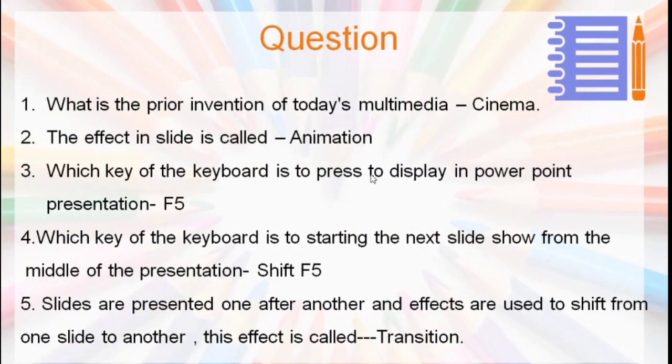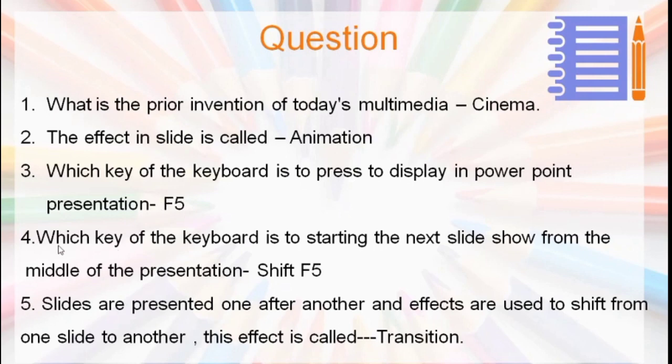Let's see these questions. What is the prior invention of today's multimedia? The answer is cinema. Second, the effect in a slide is called what? The answer is animation. Third, which key of the keyboard is pressed to display a PowerPoint presentation? The answer is F5.